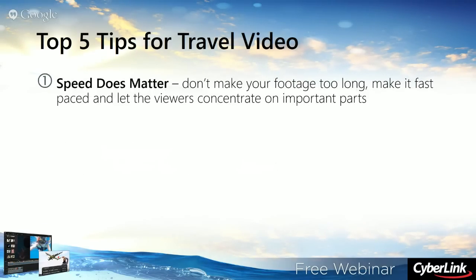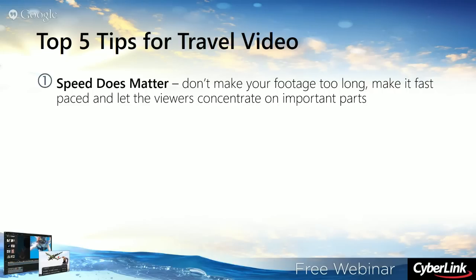The first one we're talking about is the speed. When you're walking around, the footage might be pretty long, like 1 hour long when you're walking on the street of Venice or Rome, and no one wants to see your 1 hour long footage. So the speed of the video is really important. You can either make it faster and make your viewer concentrate on the most important things, or you can do some little tricks like using time-lapse to condense the time span of your video,